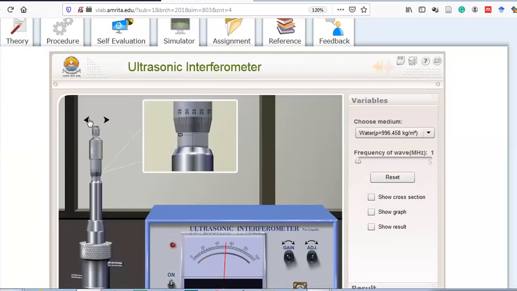Can you see on the screen? Yes, sir. At a particular value, it will strike 60, and then if you move it further, the micrometer count, it will return back. That's how this scale will be moving between 40 and 60 only. Whenever it goes to 60, you consider it as maxima. Whenever it goes to 40, you consider it as minima.